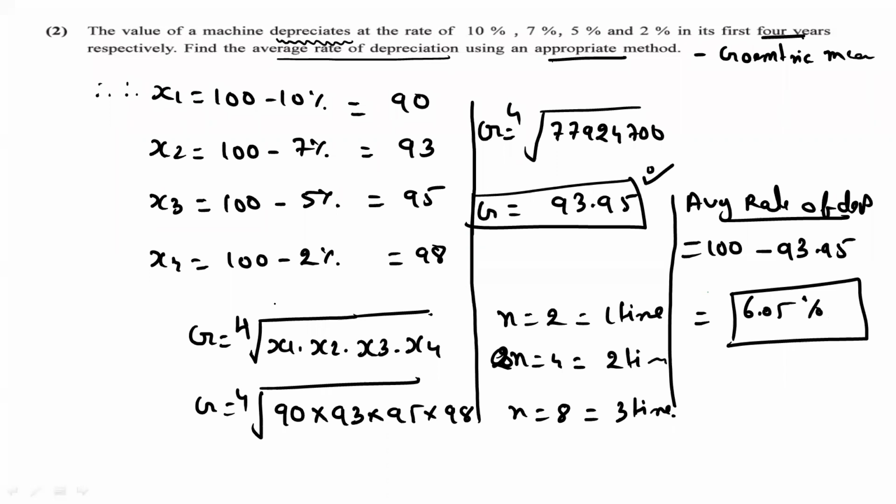सर ये जो G93.95 है वो कैसे आया सर, वो नहीं समझा. हाँ, you are get this one value. ये value मिला 77924700 मिला. Yes sir. हाँ, Yes. इसका रूट दबाना है आपको. ये 4 है ना, 4 है तो कितनी बार दबाओगे? 2 times. तो कैल्सी ले लो, कैल्सी पे करो. 77924700 2 बार रूट दबाओ. मिला? Yes sir. ओके, क्लियर.